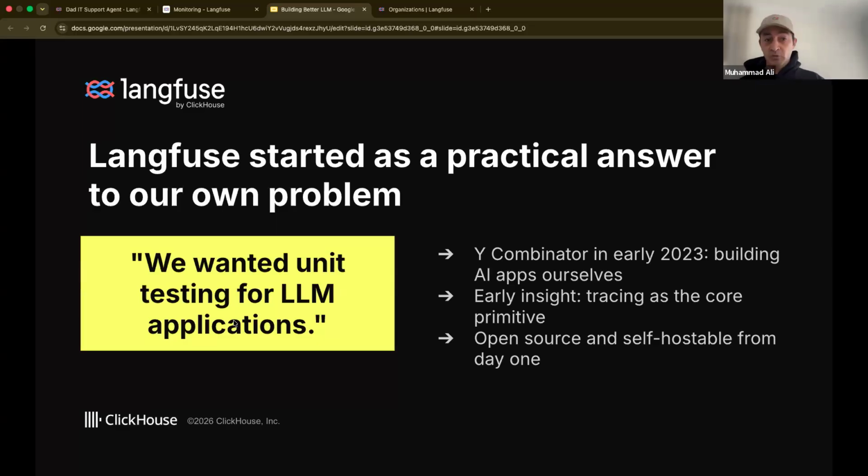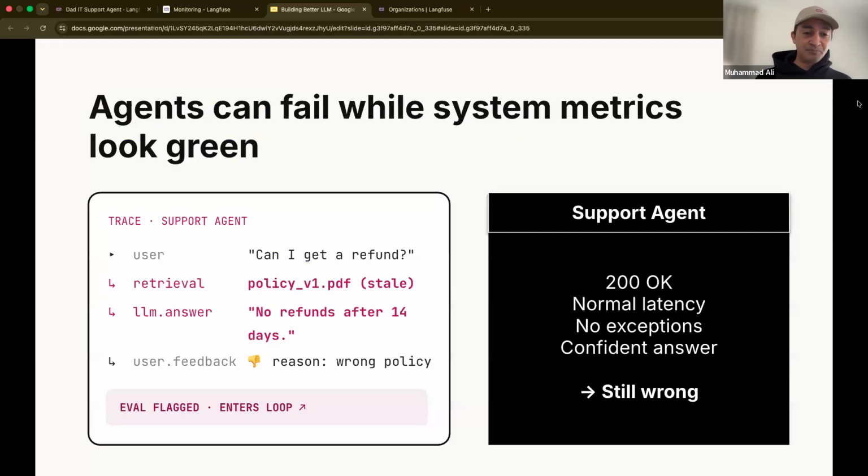So basically they were looking for a unit testing platform for their application, and there was none out there. So they started actually building it, and the rest of the cohort of the Y Combinator batch started using that, and that turned into their main product. And that's basically how the story unfolded.